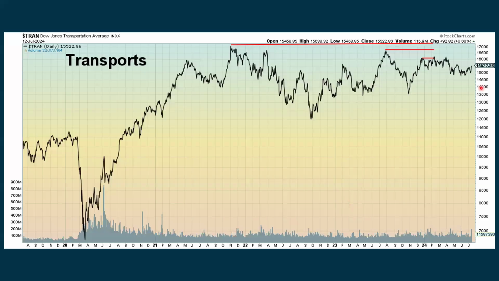The transports, though, this would be another area that would be more positive if we could see more upward move from this index. We're just chopping around in 2024. We're in a higher range. Now we've dropped down to a lower range. If this could continue to go up and surpass some of these previous highs, that would really help the market, but it just hasn't done that yet.